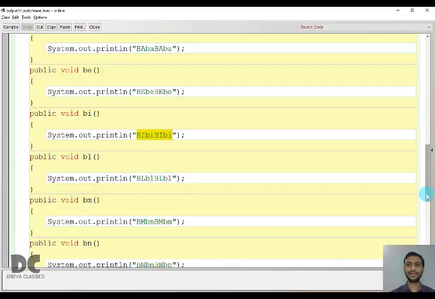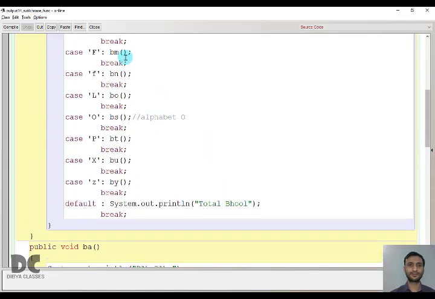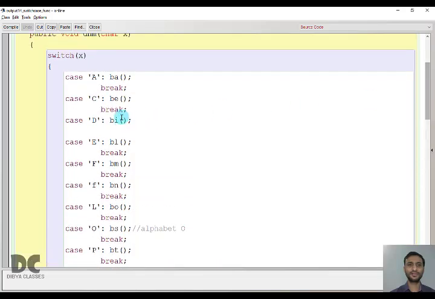Clear? Then it will again return back, from where we called from here. And in this case there is no break. So what happens when there is no break? Fall through. In class 9 chapter 5 we studied about fall through in switch case, right? If break is not present in a particular case, it will automatically move to the next case and execute it till a break statement is executed. This is called a fall through.